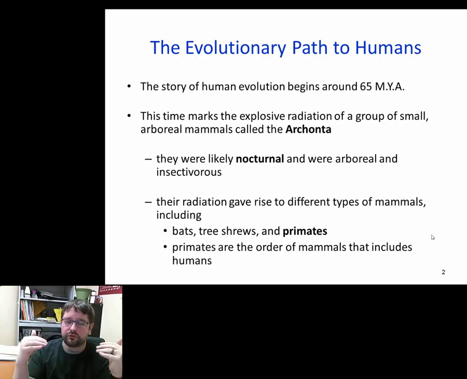And most likely they gave rise to bats. And so some of the shrews probably developed skin flaps, which allowed them to glide, and eventually the skin flaps became more advanced, and they could flap their wings or flap their hands in that case, because bats are finger-winged organisms, and eventually you have bats. But the other line is primates, these organisms that stayed in the trees and gave rise to all the other mammals along the primate line, all the monkeys and the lemurs and chimpanzees and gorillas and humans. And so about 65 million years ago is when this kind of branching or this line started.